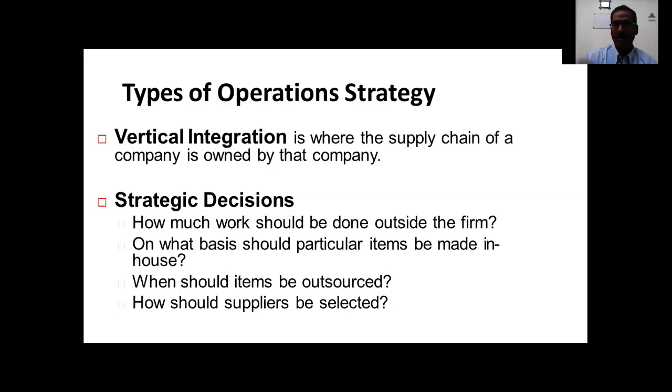So what happens if a business becomes its own supplier of raw materials and its own distributor? Cost is saved, they become more professional, and it is also a kind of expansion of the business. So here, what kind of strategic decision would a business consider? How much work should be done outside the firm? I mean, externally, what are the things they need to do? Like having collaboration with companies like FedEx. Amazon.com, for example, what happens? They have